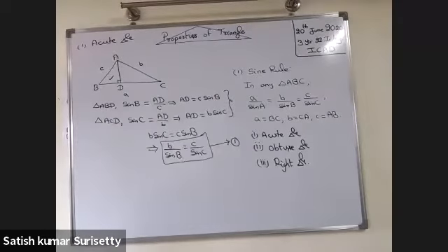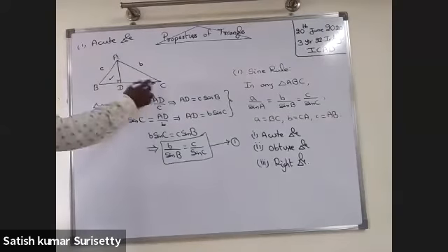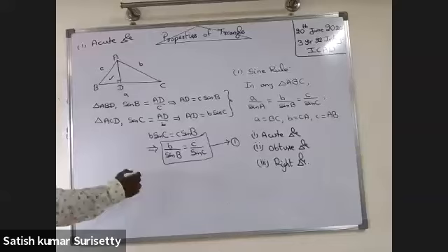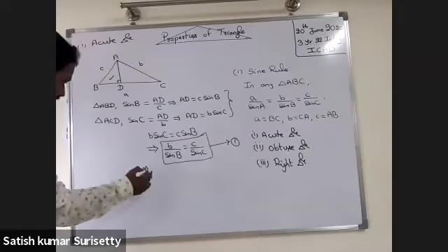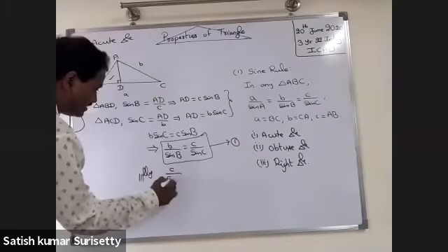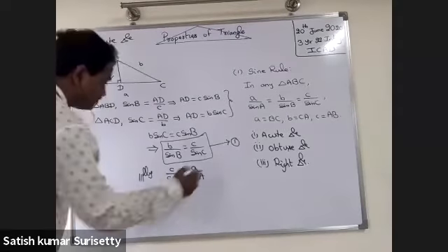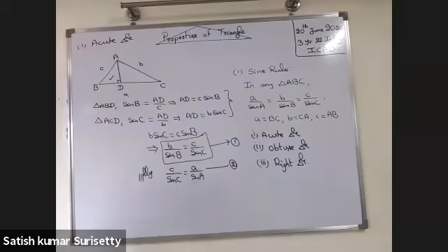Now, in the same manner again, you can draw a perpendicular from B or from C, and you can prove the two more ratios are equal. So either you derive or else you write similarly. Who are interested, derive; otherwise write similarly. Similarly, c by sin C equal to a by sin A. So from 1 and 2, you can conclude that a upon sin A equal to b upon sin B equal to c upon sin C. This is the first case.